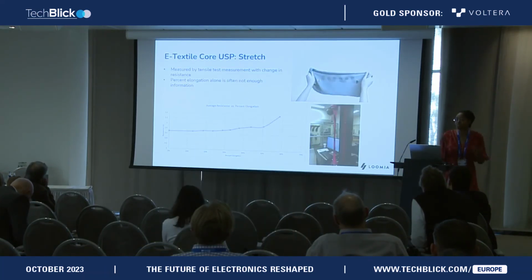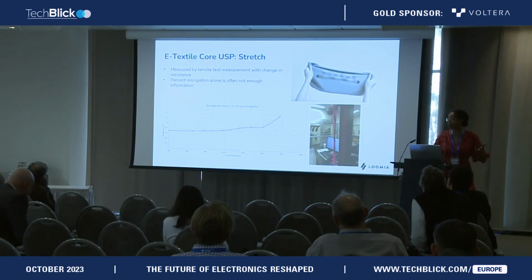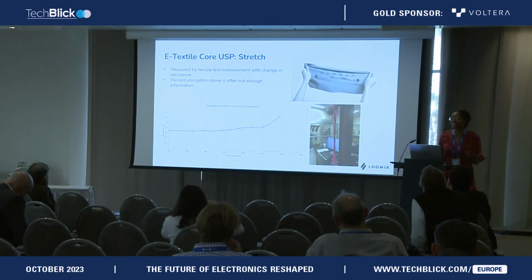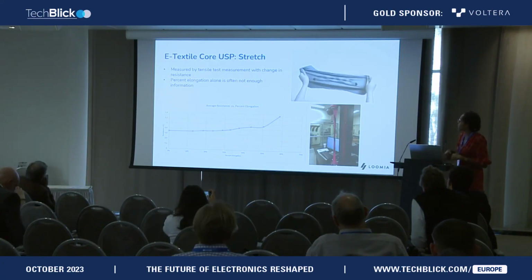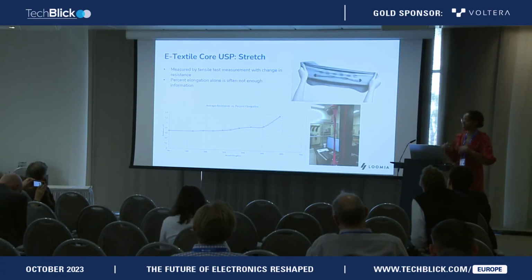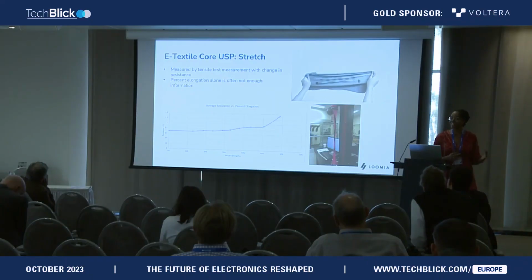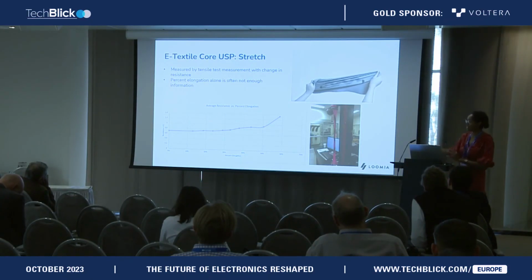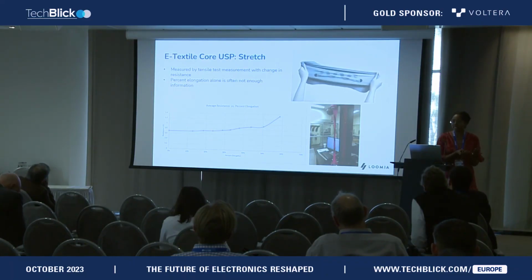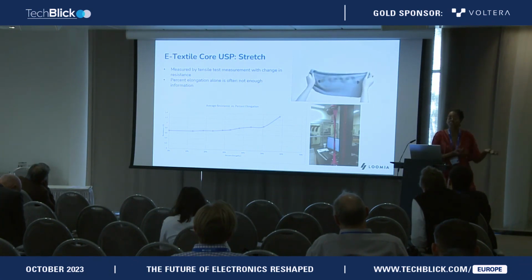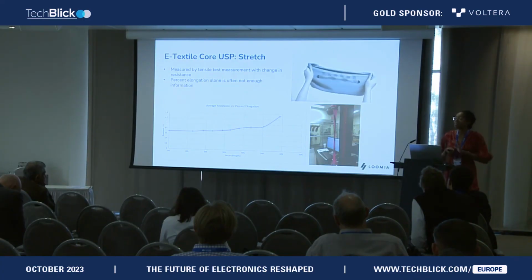And then the second one is stretch. I say stretch is actually optional. Some applications don't even need stretch to perform, but in the cases that you do, I think that a lot of our companies, us included, say our technology is stretchable, but the most important thing is change in resistance over percent elongation and how that handles any sort of hysteresis or change over time. So there's also a question of, does your application need stretch? If it doesn't, it's much easier to do e-textiles on woven materials, things that don't stretch. Again, that will get you better